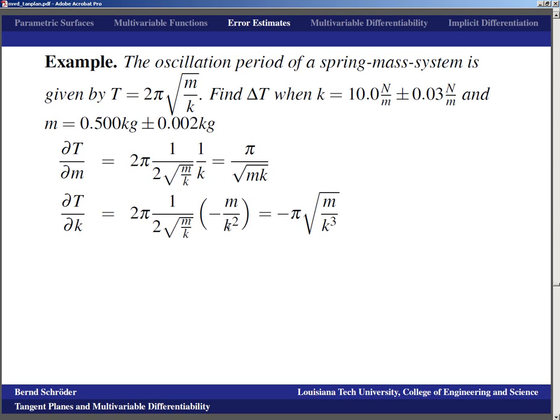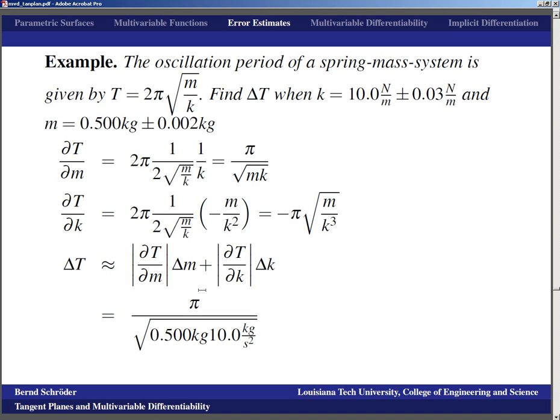And square root k squared is the square root of k to the fourth divided by square root of k in the denominator, gives us a k cubed in the denominator. Then if we look at delta t, well, delta t is therefore approximately partial with respect to m times delta m plus partial with respect to k times delta k, which gives us pi over square root of 0.5 kilogram times 10 kilograms per second squared times the delta m, which is 0.002 kilogram, plus the partial with respect to